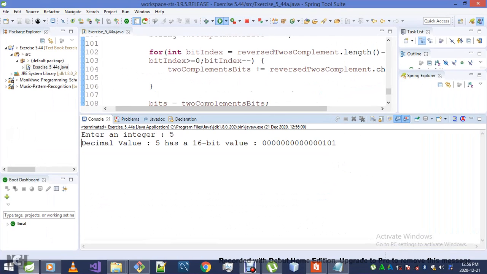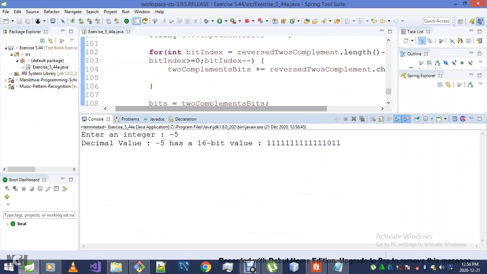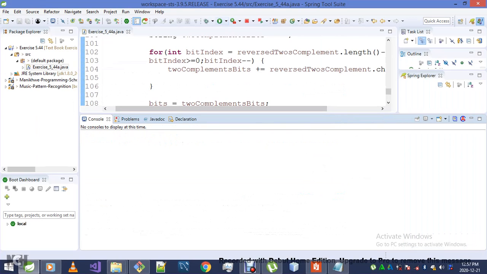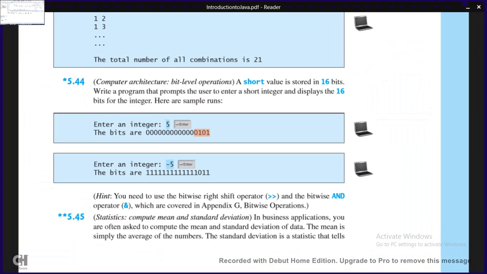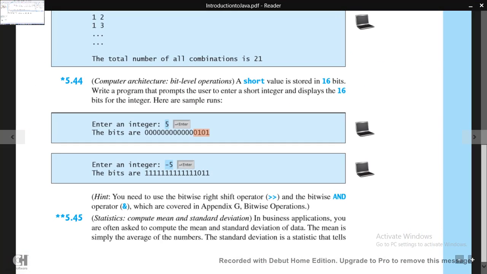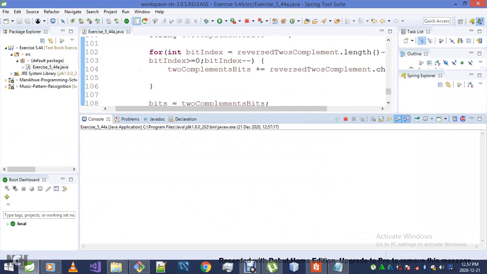Let's try -5 this time around. Maybe it was still computing. No wonder we had that. Boom! We've got exactly what we want. Let's try 15. Oops, it seems like it works, but I don't know if you identified